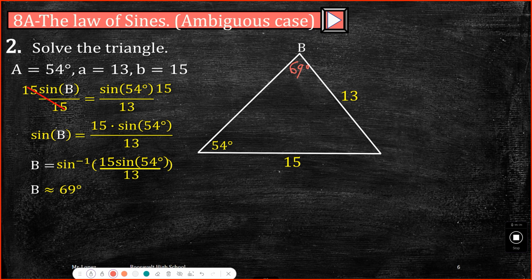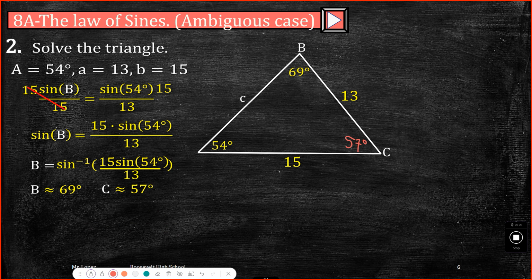So what's going to be then C? What would be capital C angle? Any triangle is 180, so it's going to be 54 plus 69, take away from 180. Okay, so 57. So if this is approximately 57 degrees,